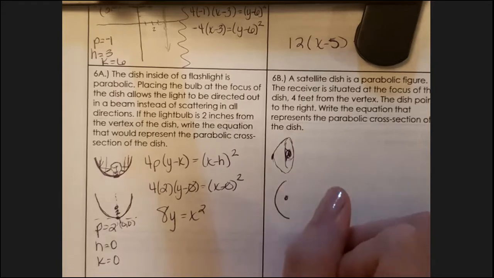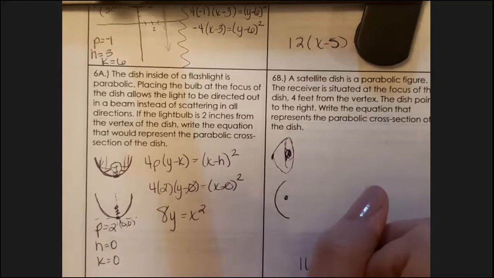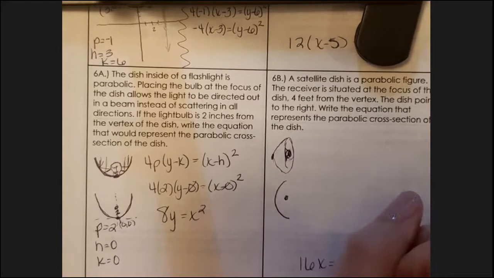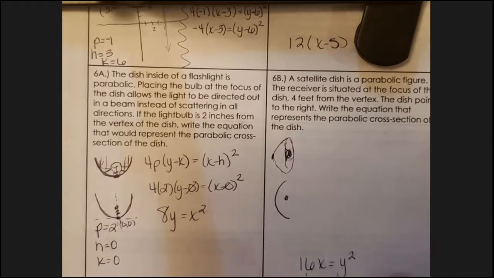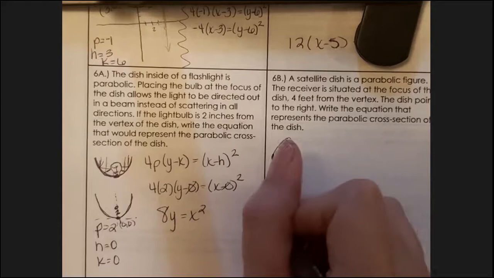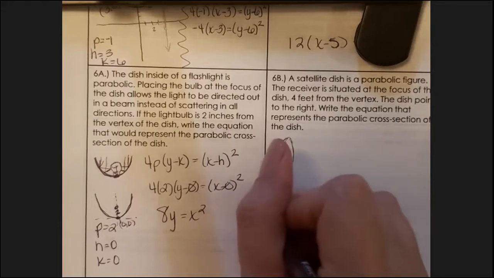All right, so the appropriate equation for this is 16x equals y squared. So the y is squared because it's facing to the right. Our p was positive because it was facing to the right, not the left. And if we go ahead and situate our vertex again at 0, 0,